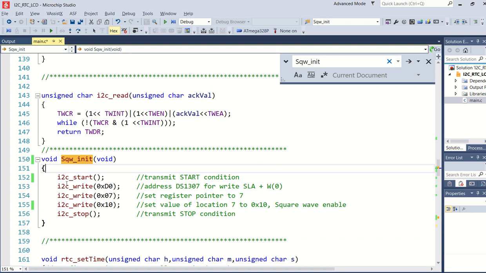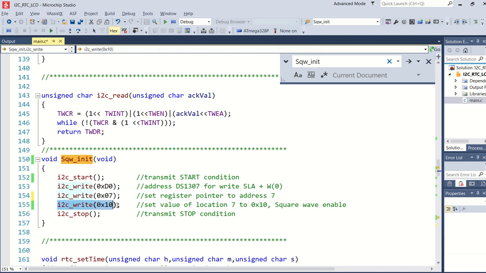So for the square wave initialization, like always, if we want to write, you have to do the start condition. If I want to write to the specific real-time clock, as we've seen in the first video, I write D0, telling this device I'm going to write data to it. And if I write 07, it's pointing to address 7.